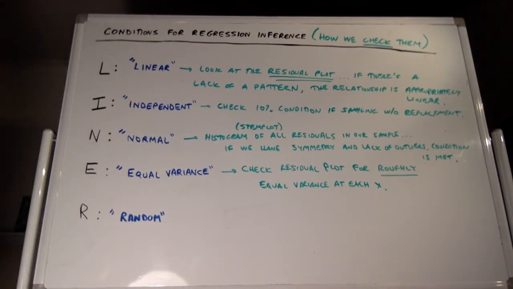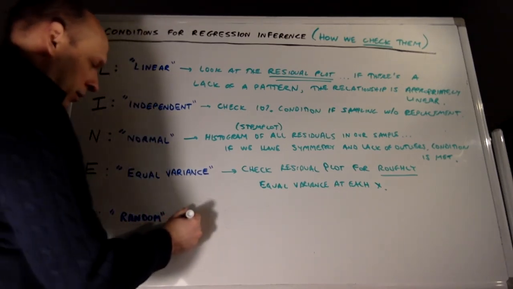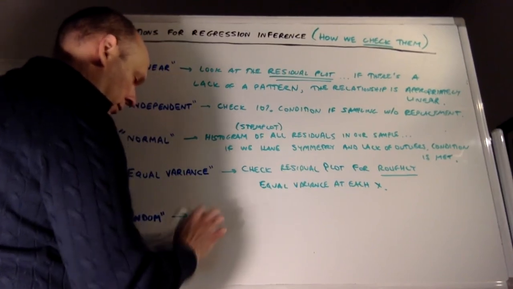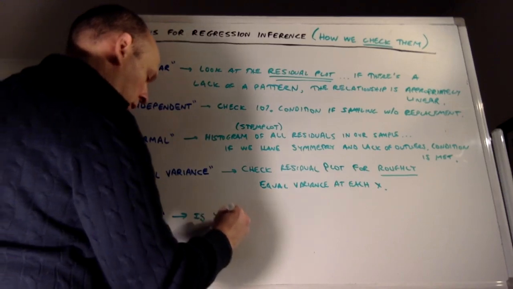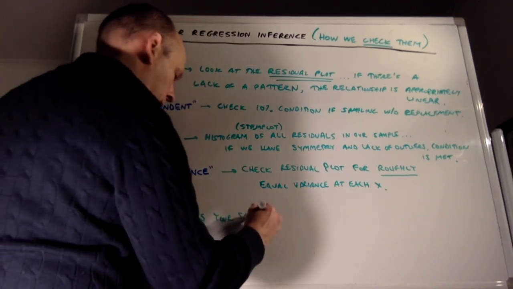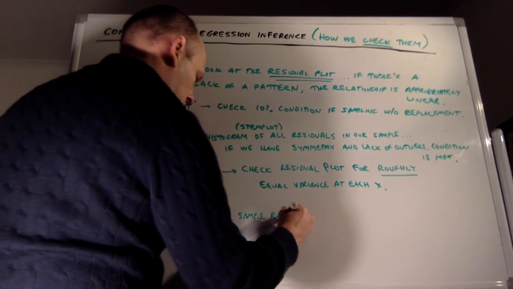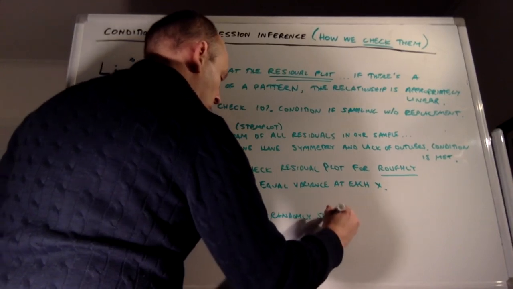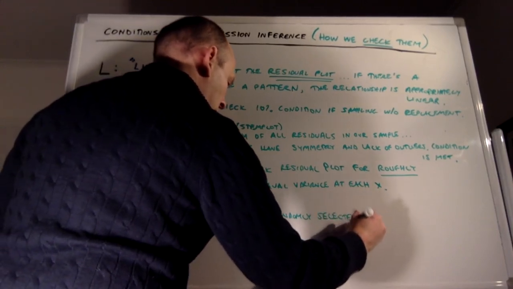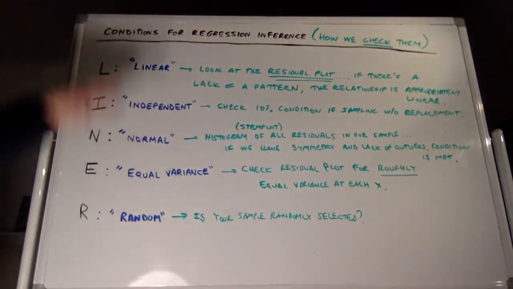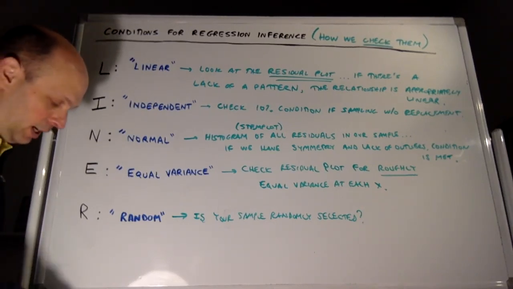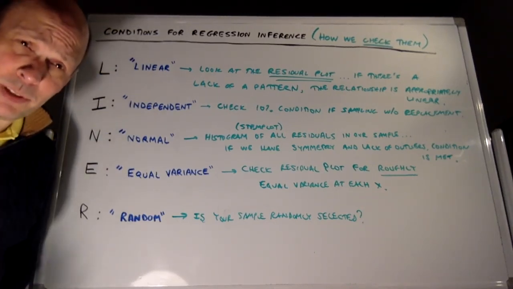So there's the equal variance check right there. And random, I think we know how to do this, right? Is your sample randomly selected? All right, so now we've seen what the conditions are, and now we see how we check them. And again, this is the acronym LINER. Okay, so the next thing we're going to do is we're going to take a random sample of 12